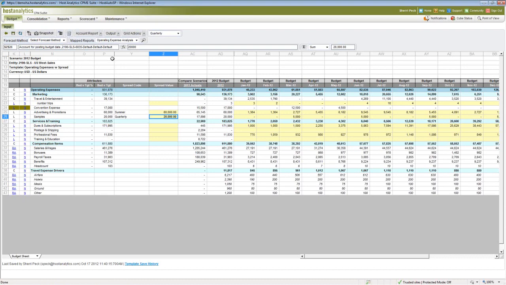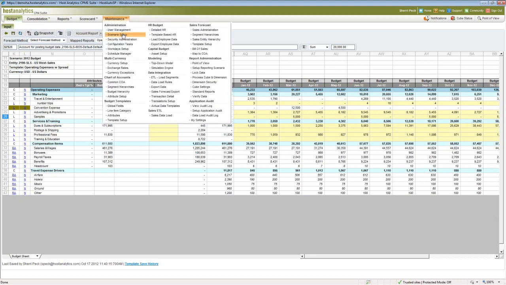One thing that I found was very difficult when I was a controller was being able to update my budgets and actually do what we call a rolling forecast, where my actual information would be combined. So let's say now we've completed our 2012 budget, and I want to be able to now lay in my actuals for January and roll it forward.